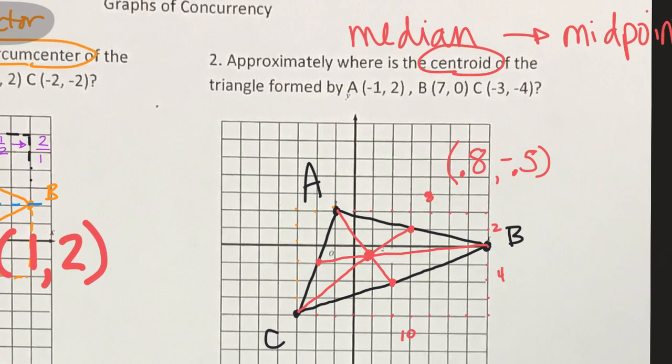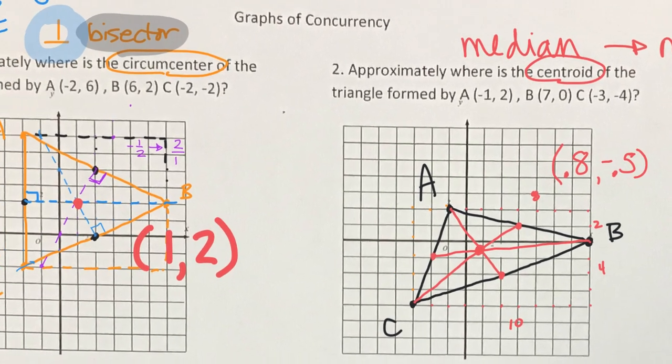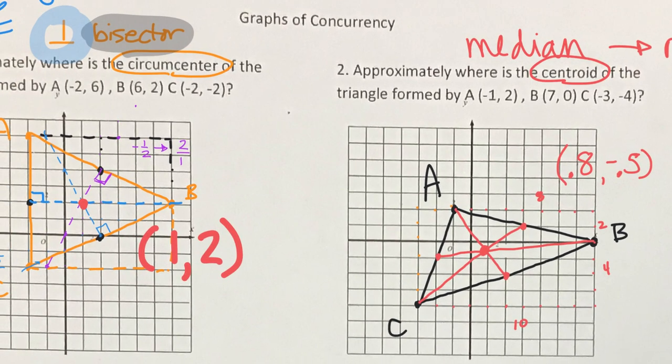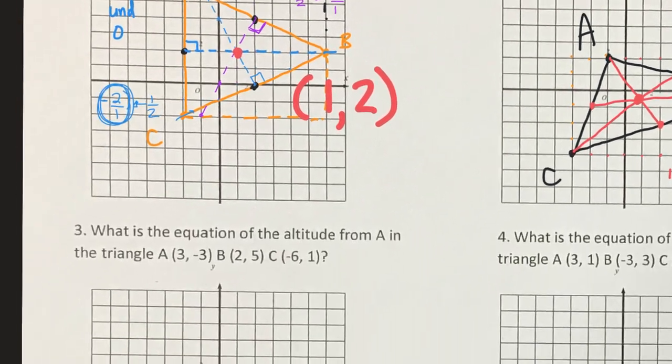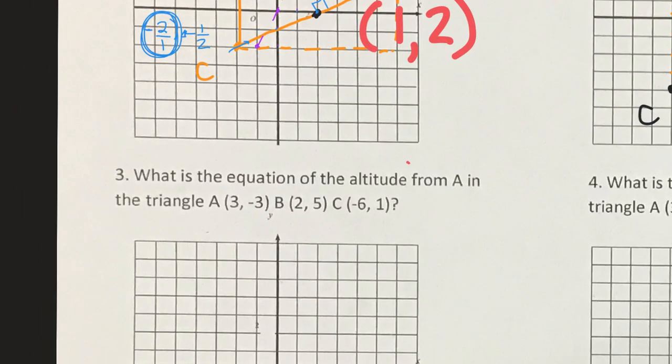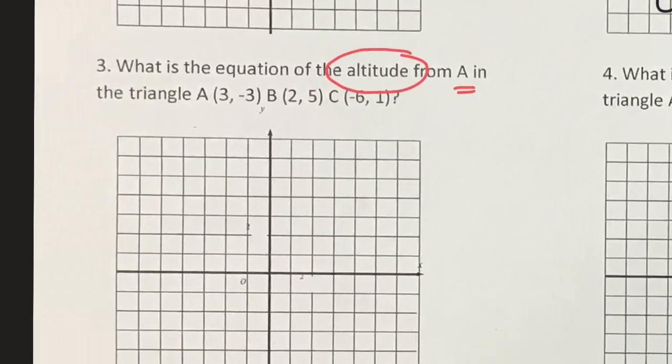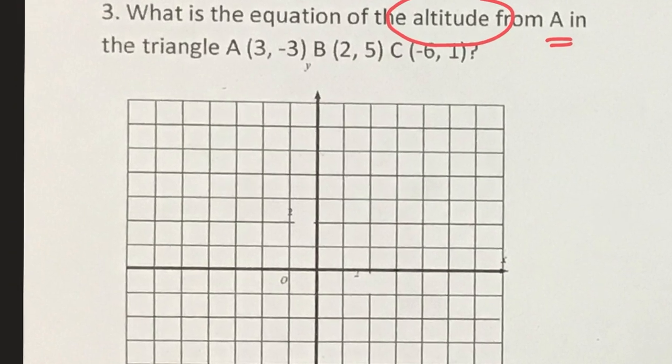So in order to graph the centroid, we need to be able to graph the medians. Okay? And in order to graph the circumcenter, we have to graph the perpendicular bisectors. Now number 3 just says, what is the equation of the altitude from point A in this triangle? Okay, so let's first graph our triangle, and then we'll come back and talk about how we find the equation